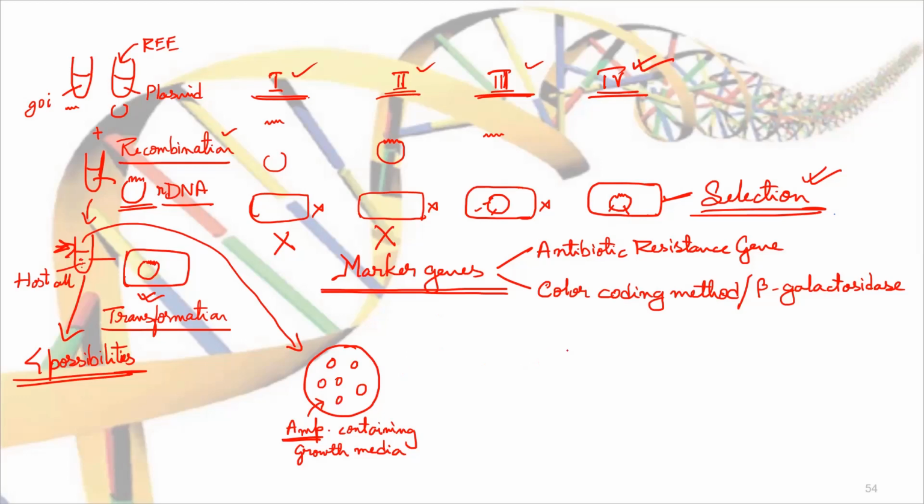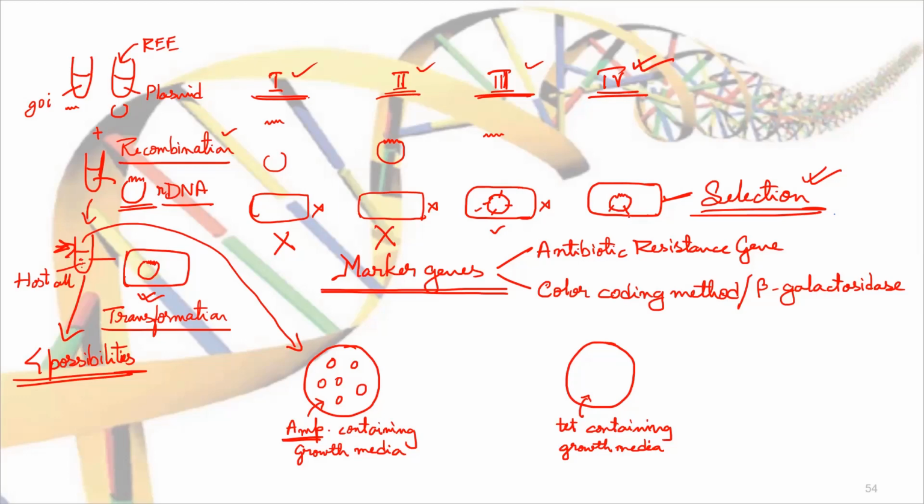Okay. Now, if I can take another petri dish, for example, here if I take a tetracycline containing medium, a medium which is now containing tetracycline, then what will happen? Think a little bit. You will see that the third possibility will be able to grow here, because here the tetracycline resistance gene is active. So the third one will grow, but the fourth one, by the process of insertional inactivation which we studied just now,